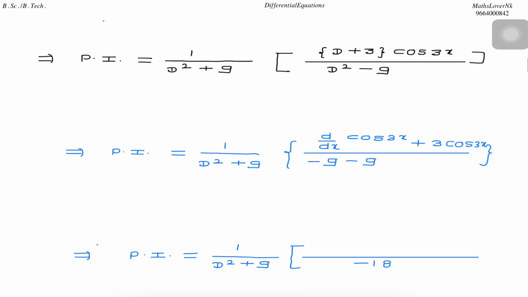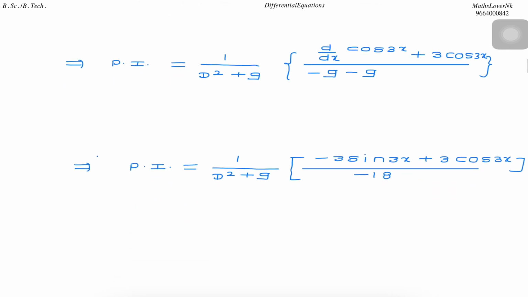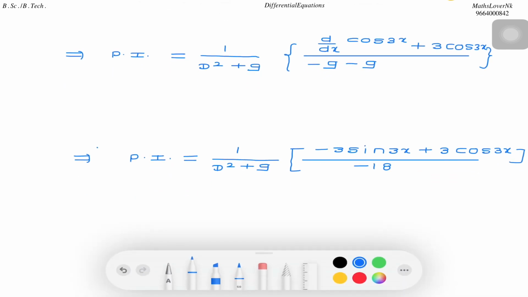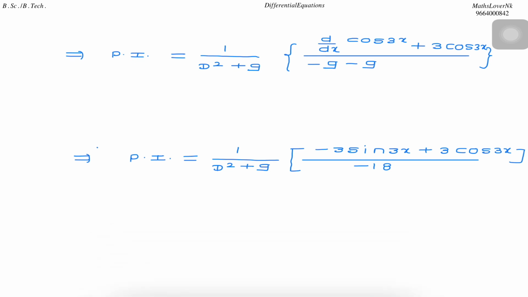The differentiation of cos x is minus sin x, so it becomes minus 3 sin 3x plus 3 cos 3x. Now cancel out the terms, and we get PI is equal to